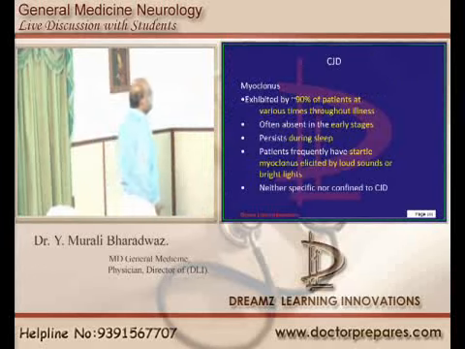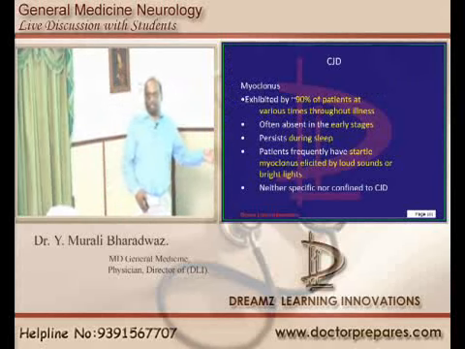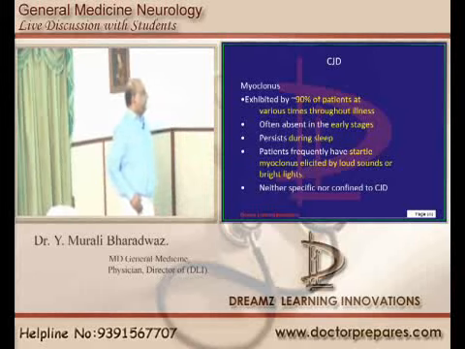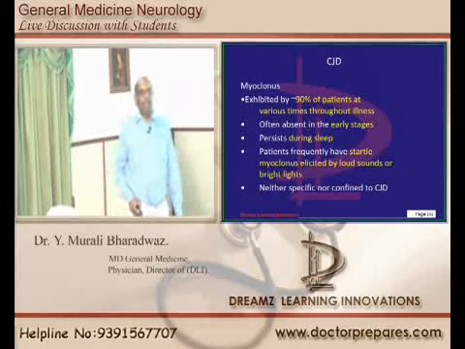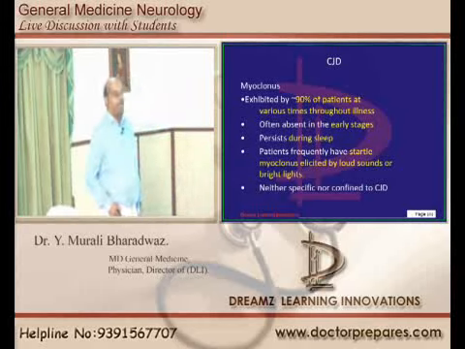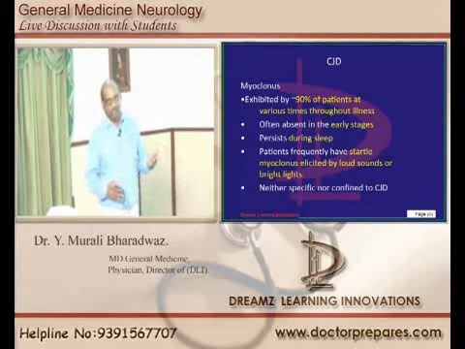Now comes the next topic, prion disease. Basically prions are abnormally shaped proteins which are causing the destruction of the brain. If you do biopsy, you can identify. And they typically will have myoclonus in 90% of patients. And what are absent before you consider prion disease? There should not be fever.